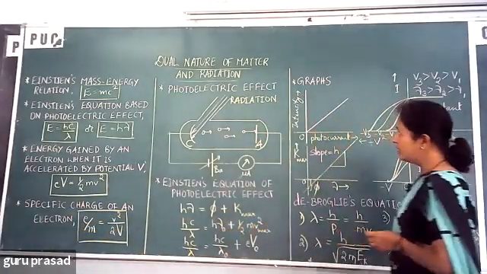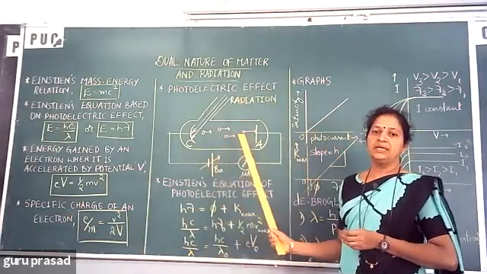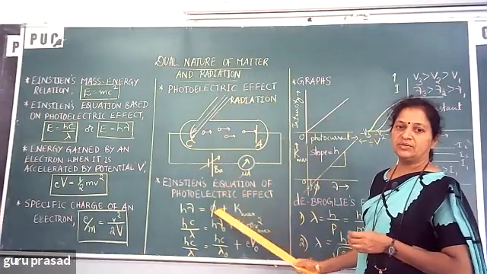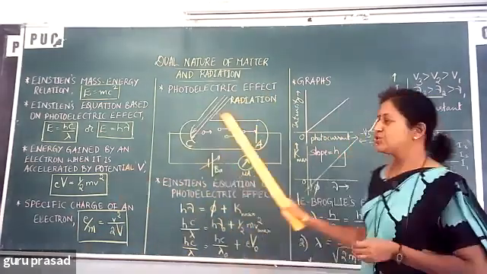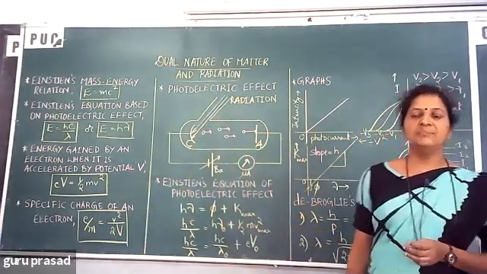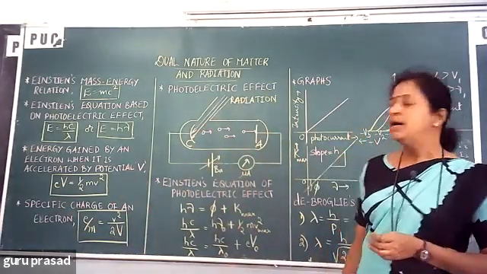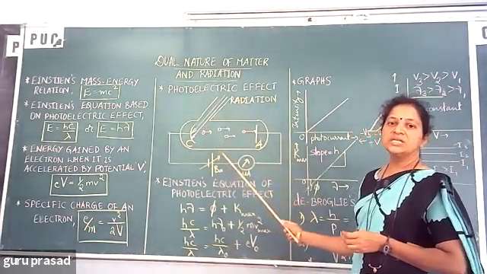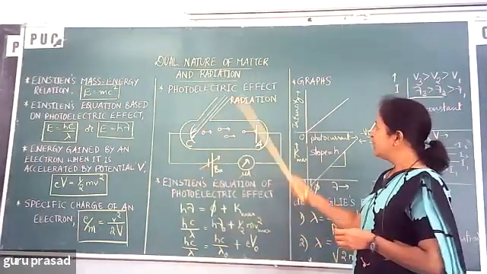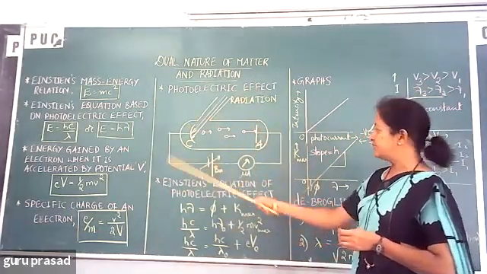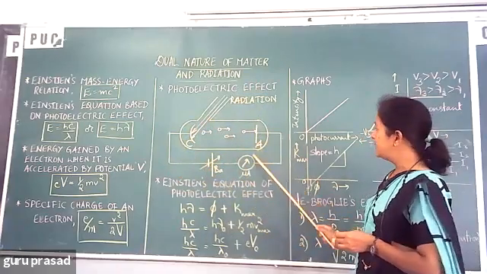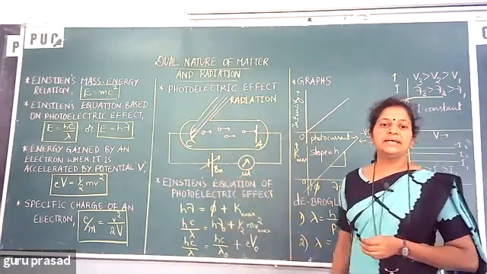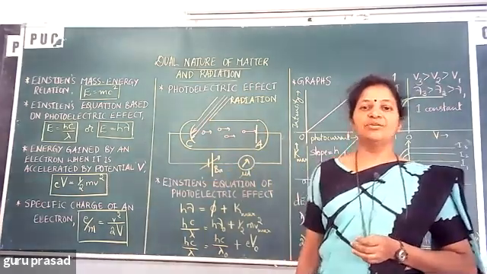Okay. Next, the photoelectric effect can be understood with a simple experimental setup. Actually, we need to add a commutator, voltmeter, etc. But here I am showing a simple experimental setup. Easily you can understand. So it has a glass tube which is evacuated completely, and it has one cathode connected to the negative terminal of the battery, and the anode is a collector connected to the positive terminal of the battery through a micro ammeter, that is to record the photoelectric current.